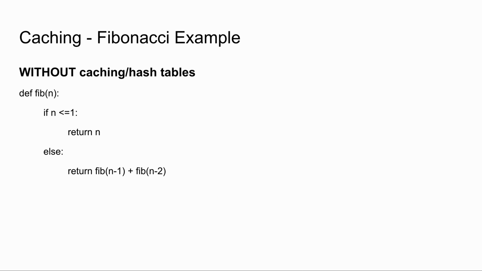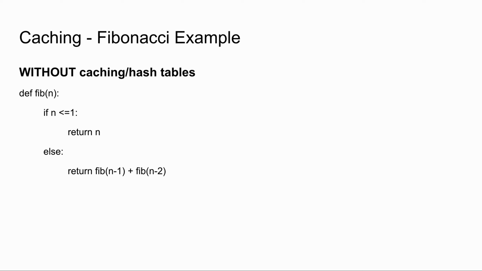Due to their constant time lookup, hash tables can significantly speed up code by caching, which is storing values calculated in your program that you might want to use later. Here's an example of a function that returns the nth Fibonacci number, implemented without caching. To get the nth Fibonacci number, the function does a recursive call on n-1 and n-2, and sums the two